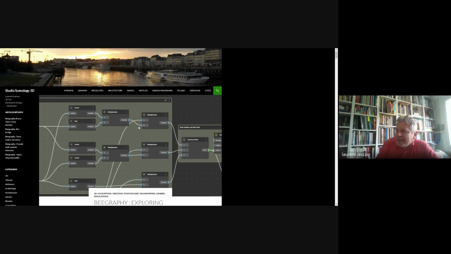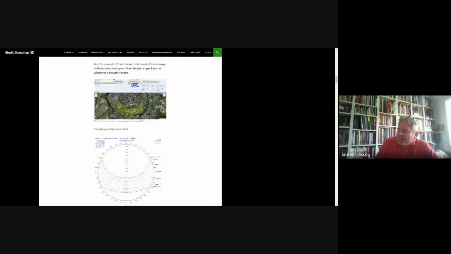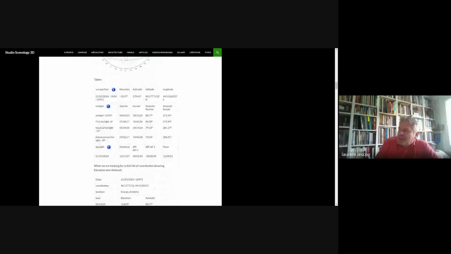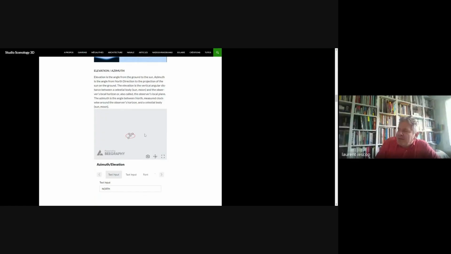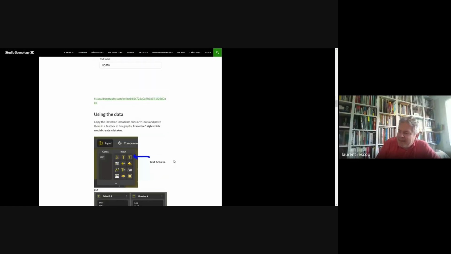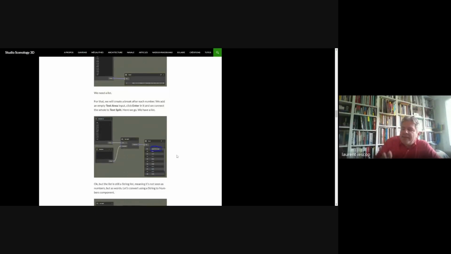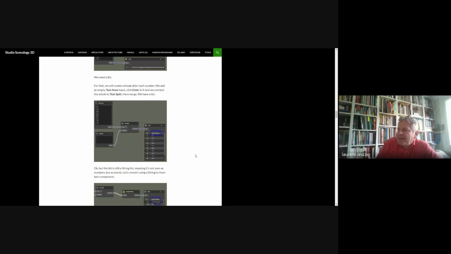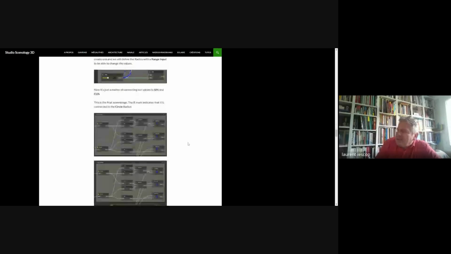We just had tables, and so we tried to build something very specific, so we could recover the tables and the numbers, and then use BeeGraphy to build the solar path. It's also interesting for students, because it's not only using something, it's to know how it works and what a solar path is, and what it means. So it's not that difficult.